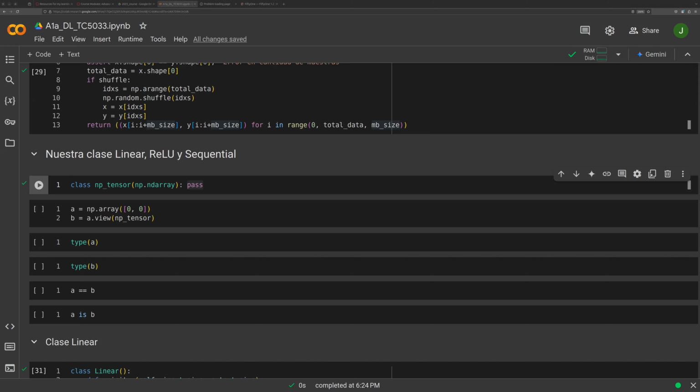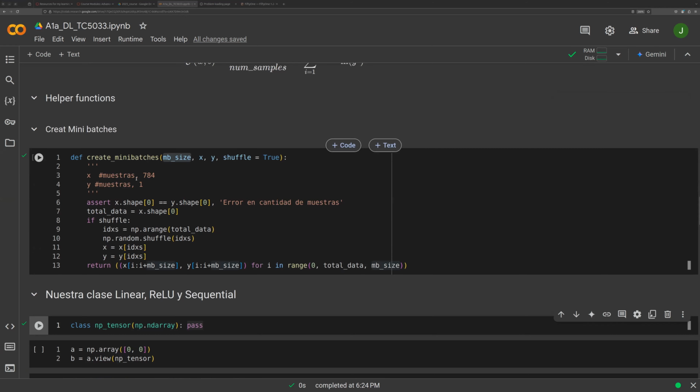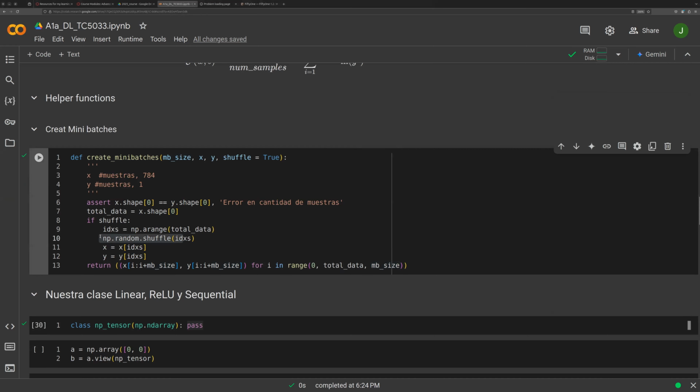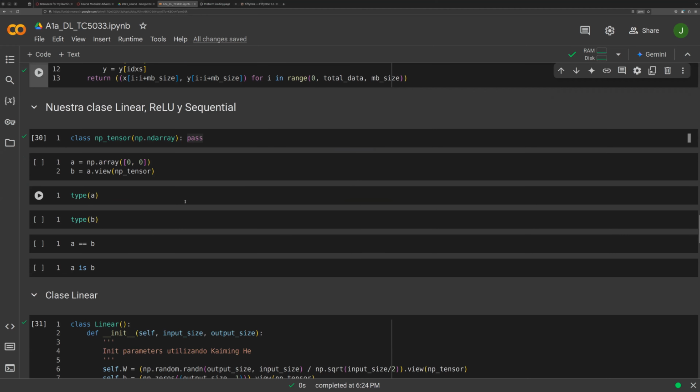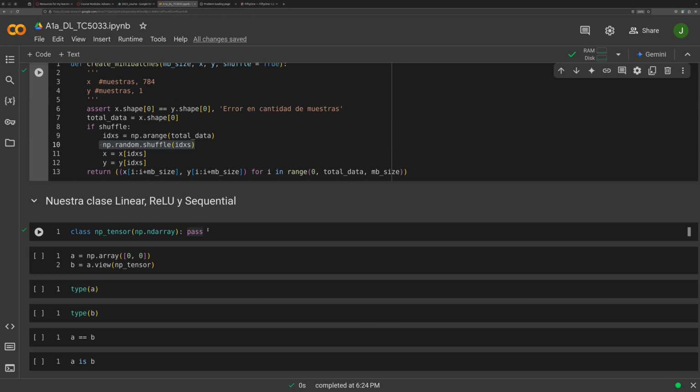In the end of the day, it doesn't matter. When you select your mini batch, if you see the function, there is this shuffle. Say you have 1,000 images, a simple example, and 10 classes, so you have 100 images of every class. Because you usually shuffle and randomize your data, when you select a mini batch of 100 images,